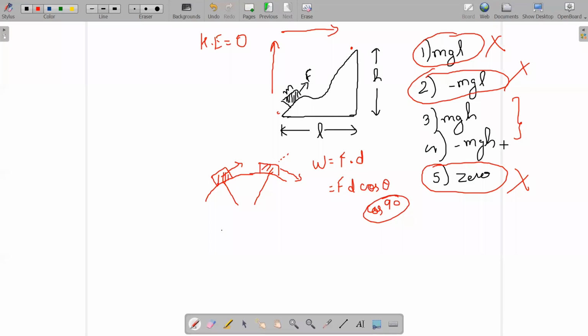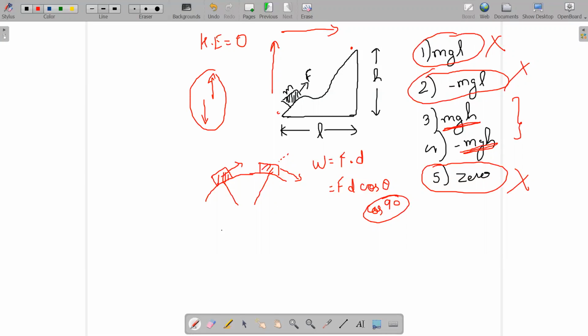In the question, you have to consider what the last line says. The question says: find the work performed by this force. Which force? The force F, right? If they are saying consider the work done by the force F, in that case you have to take this mgh positive value. If they are saying work done by gravity, then minus mgh. If it was work done by gravity, it will be minus mgh because gravity is acting in the downward direction, and the body is moving in the upward direction.